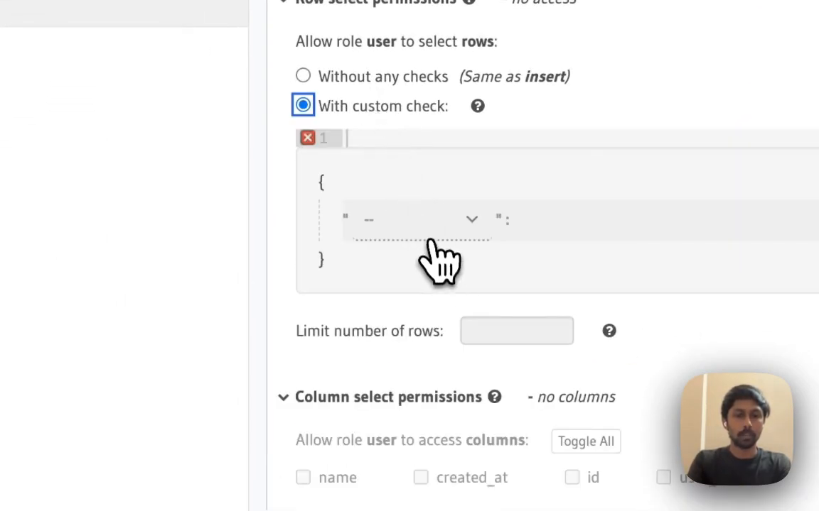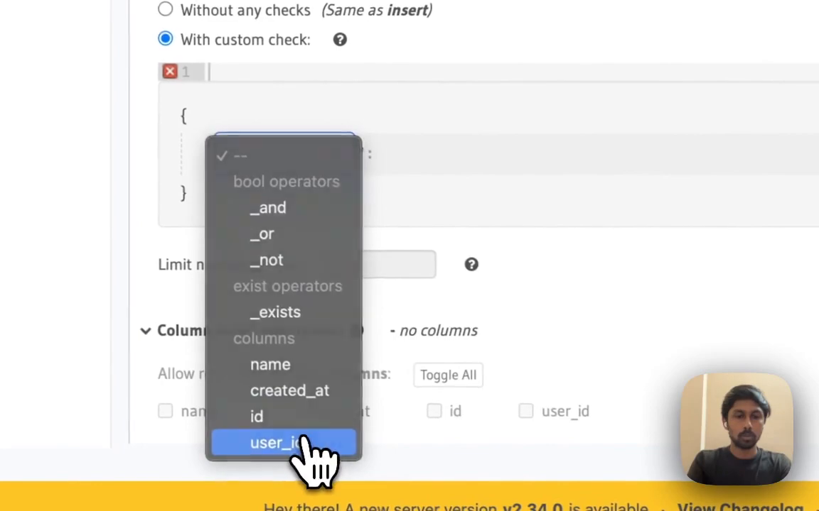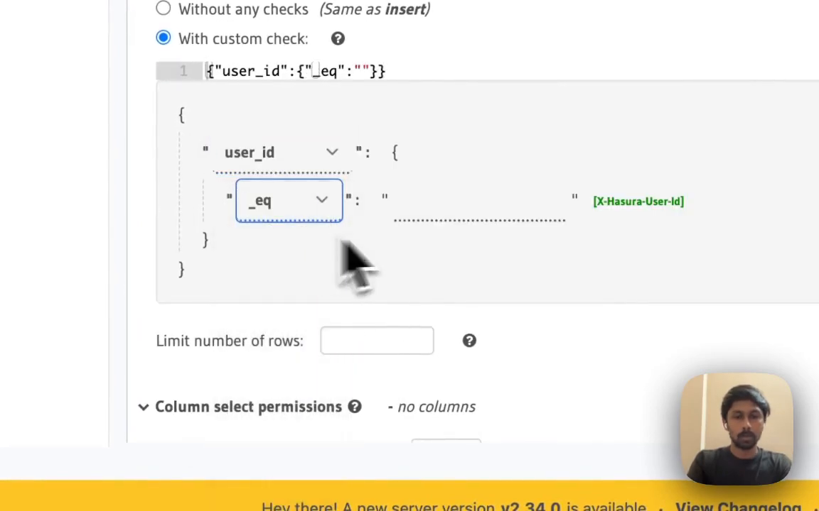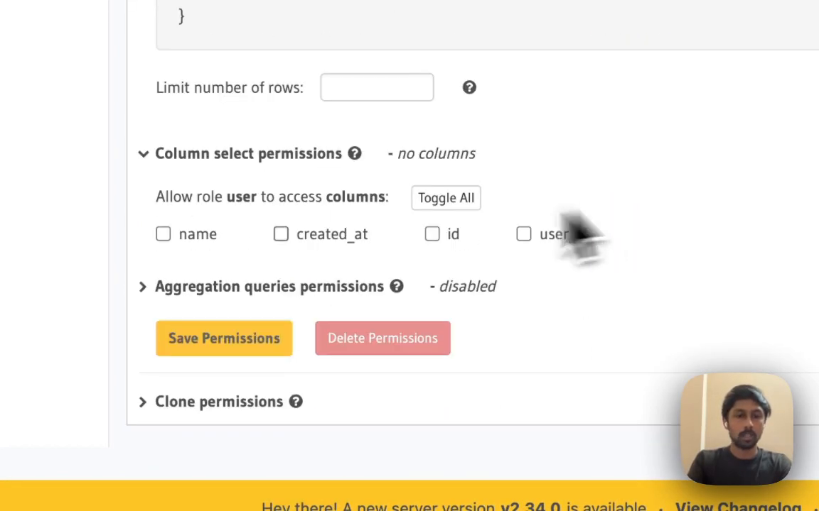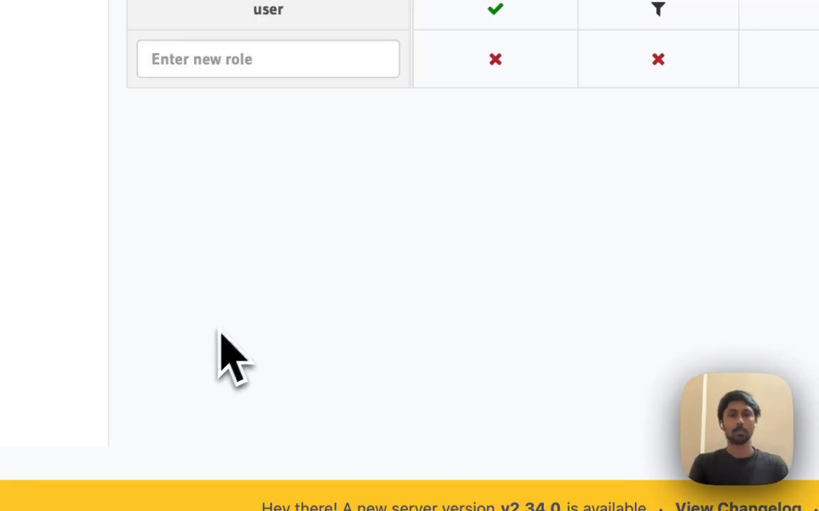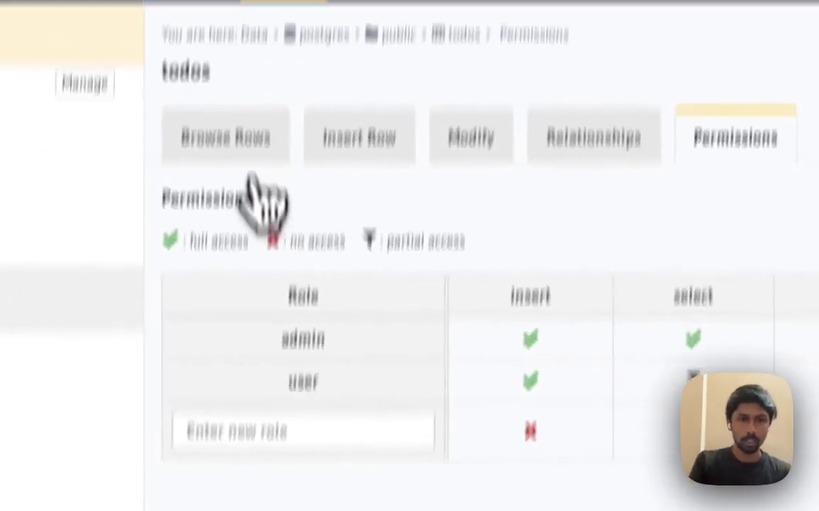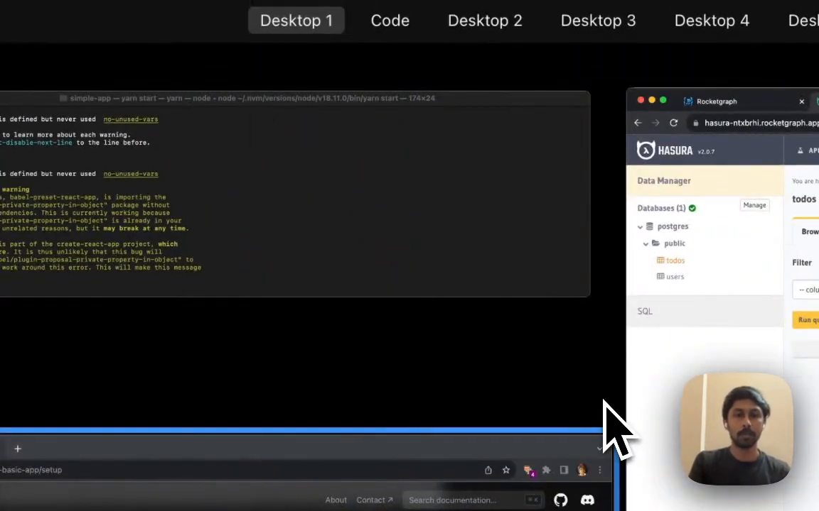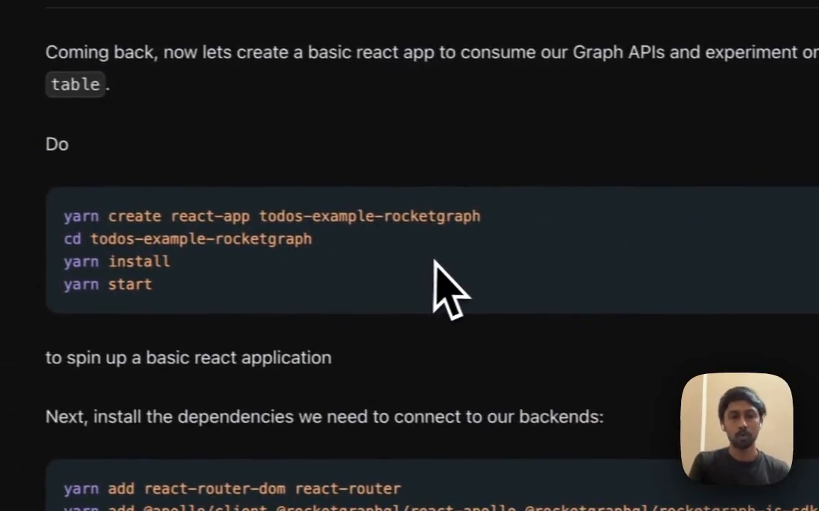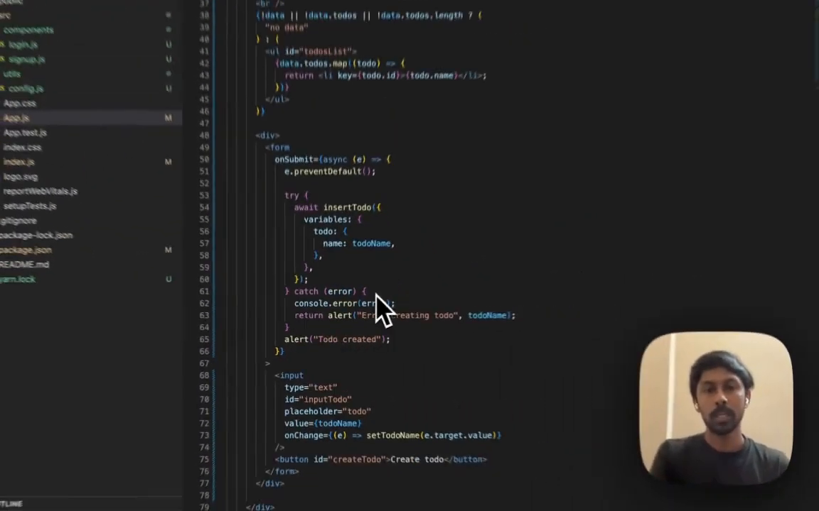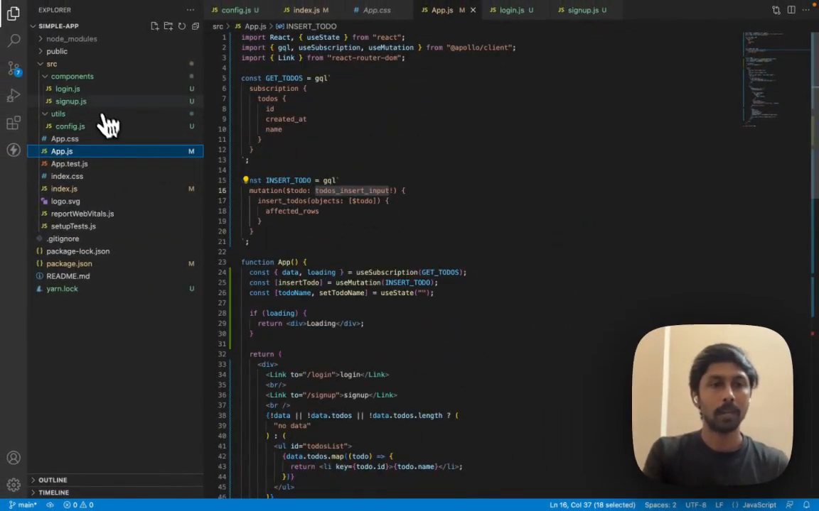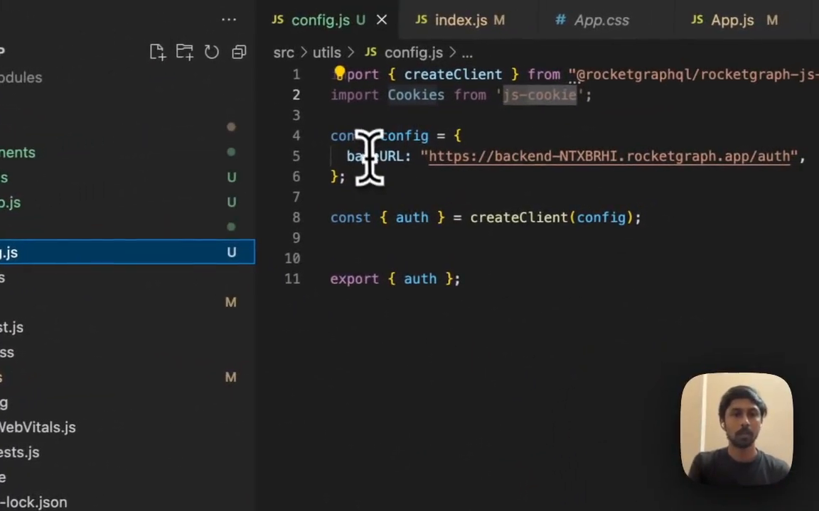And we have to write a custom check, where user ID equals X-Hasura-User-Id, and allow that person to have access to all the to-dos. Now we have the to-dos table ready, and as described in the article, next we have to create a React app. Now I already have the Create React app running, and with minimal configuration, like with the base URL,